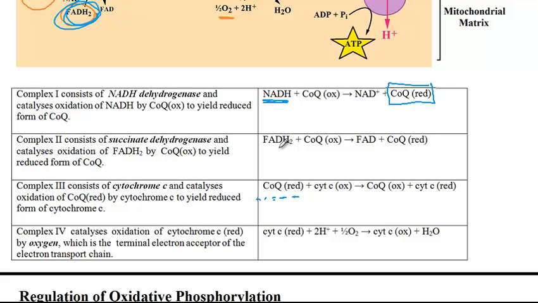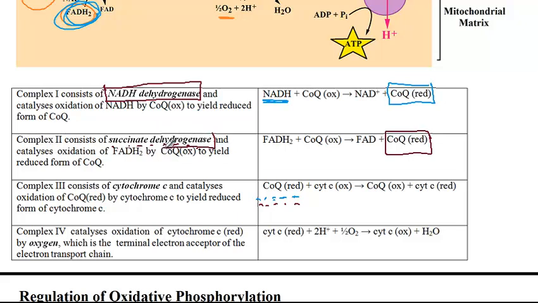Then we have FADH2, which via complex 2 that consists of the succinate dehydrogenase will catalyze oxidation of FADH2 to yield the reduced form of coenzyme Q. And then again, this reduced form will be later on used by complex 3. So just remember, complex 1 consists of the activity of NADH dehydrogenase, while complex 2 consists of